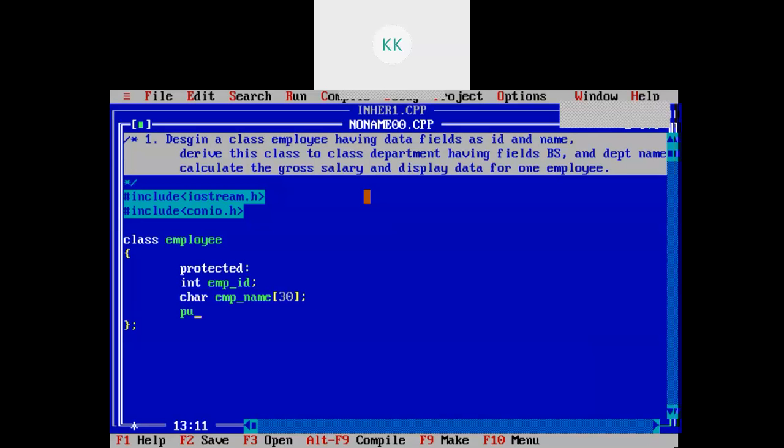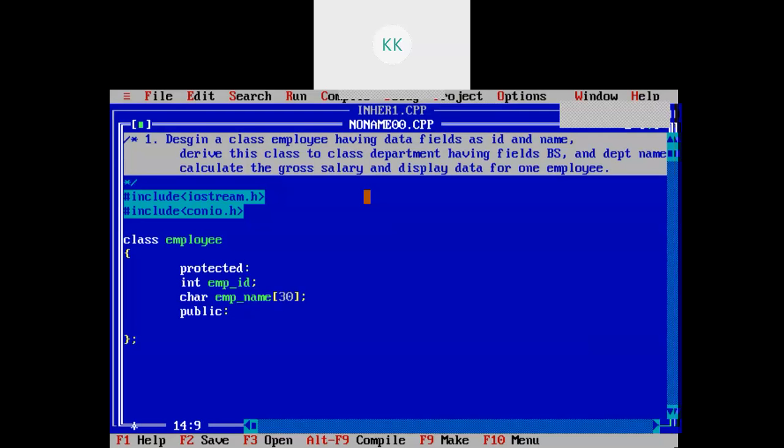Then I will write public. You can write functions to get these variables and display them here.